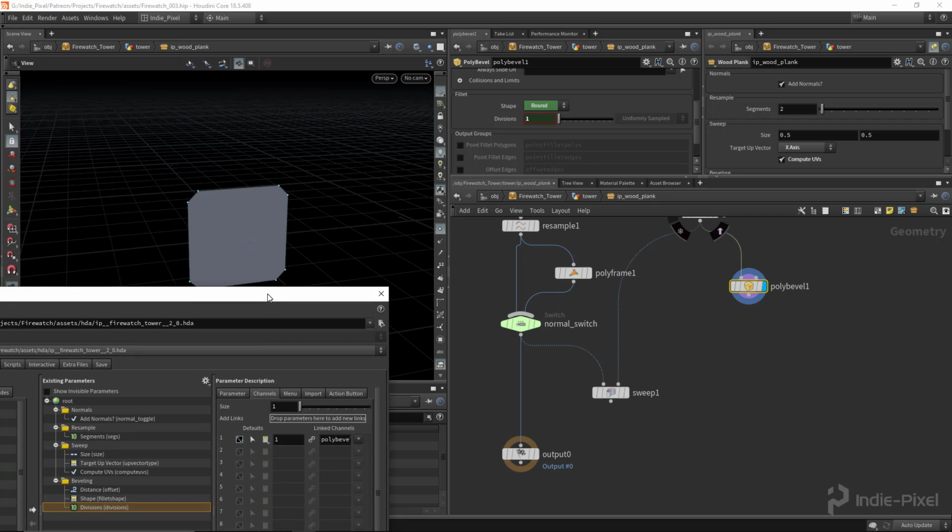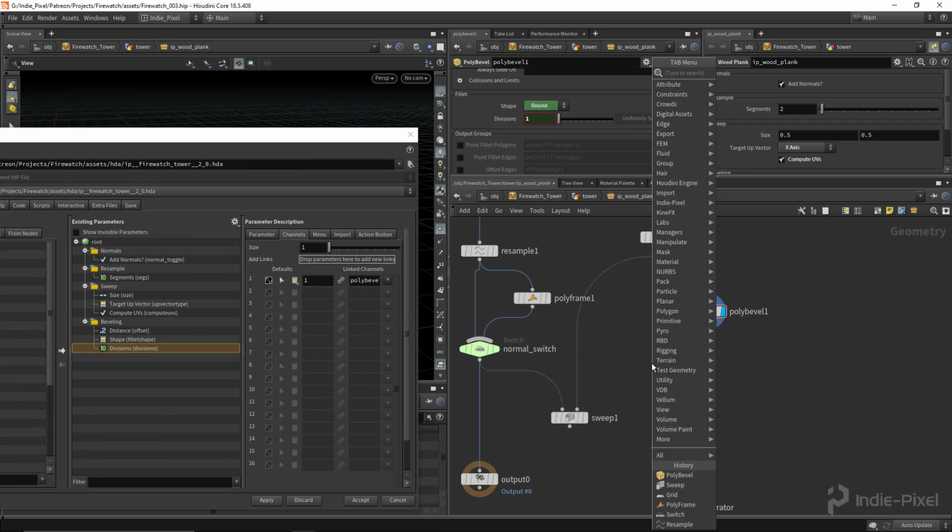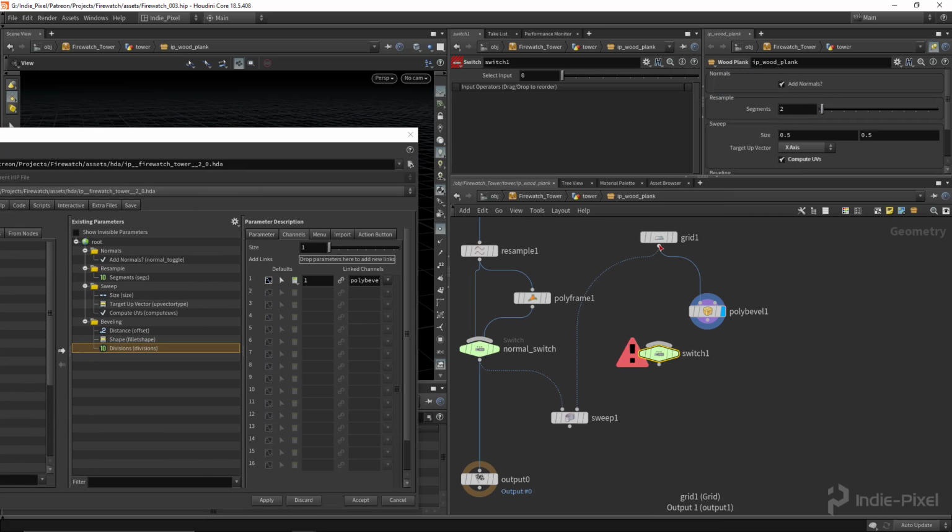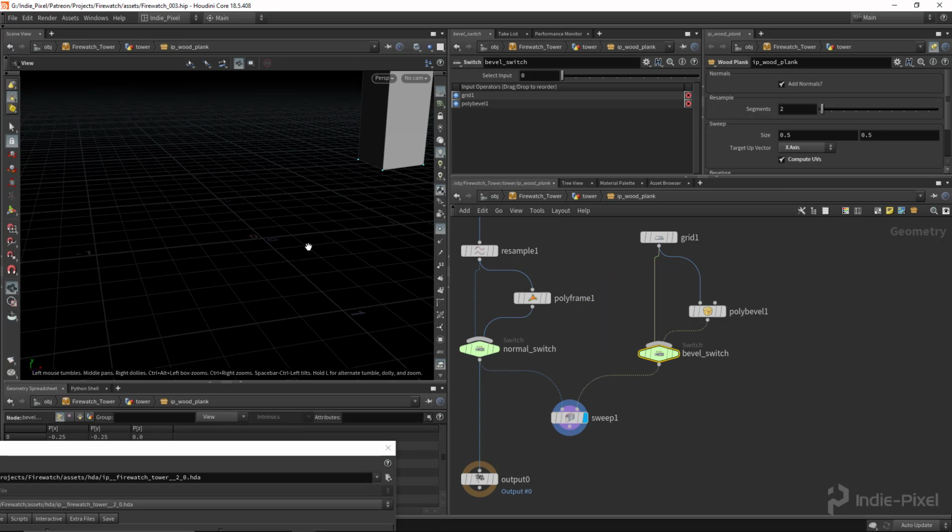There you go. All right, and then finally let's make it so the user can turn off the beveling if they don't want it. You always want to try to give as many options as possible without getting too crazy. So we'll call this a bevel switch, like so. And we'll feed that guy into there, and then we'll just make sure everything's working. Let's take a look,